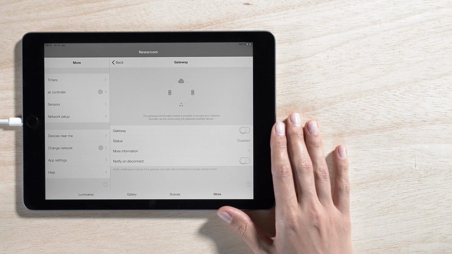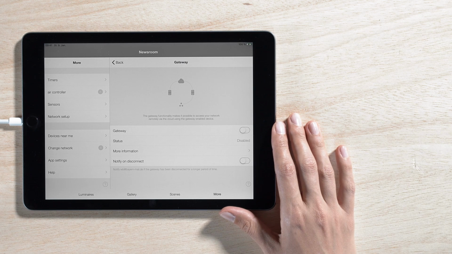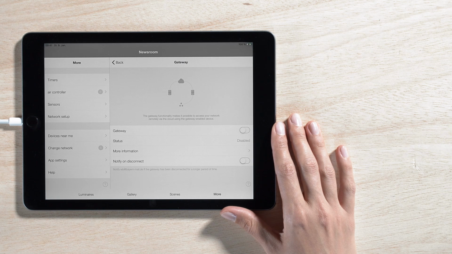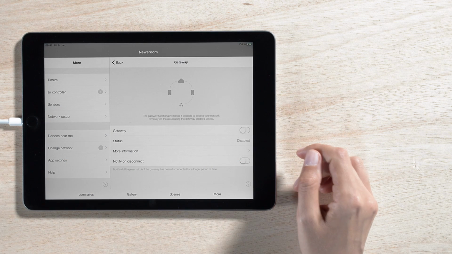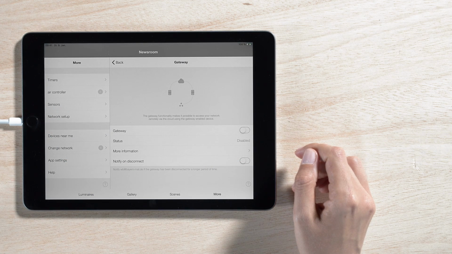The gateway can be an OcuAir-enabled tablet or smartphone that you can always leave at home. This device must always be connected to the Wi-Fi, Bluetooth must be activated, and the OcuAir app must be open on the device. In addition, it has to always have power. The network to be controlled by the gateway must be shared, that is, set up with the sharing option Open, Password Protected, or Administrator. You can learn how to do that in another tutorial.